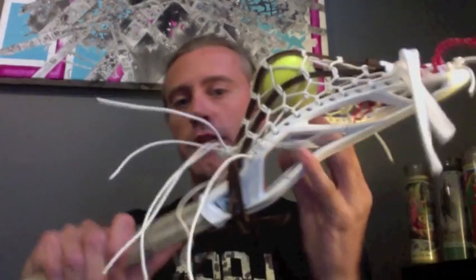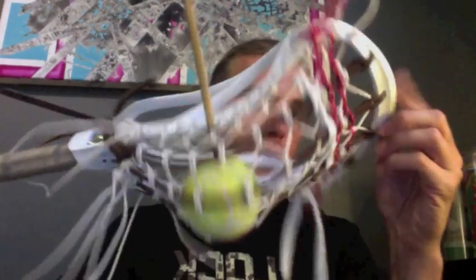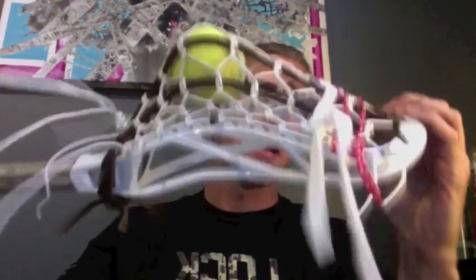Just to be careful, though, after I'm done with it, I always take a tennis ball, throw it in there, wherever I want the pocket to sit, wherever I really want those leathers to cinch, take a chopstick and feed that through. So I like that kind of medium-low pocket, so that's what I'm going to do with it at the end. And that's just going to help break that pocket in and give it a little bit of shape,